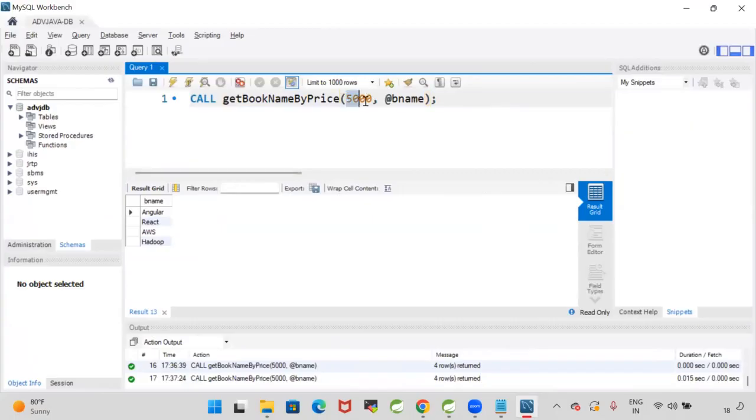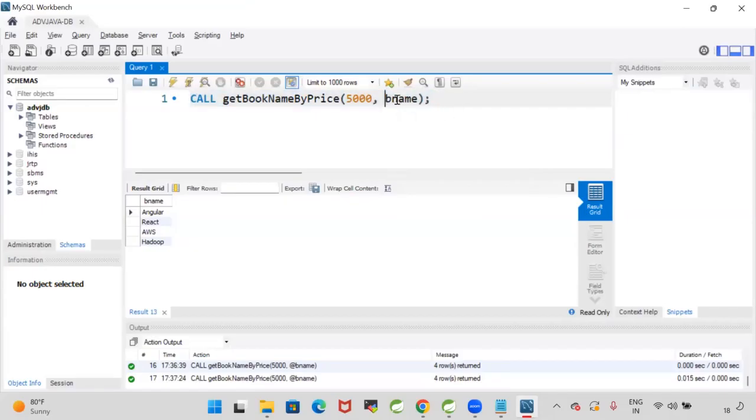One is the in parameter and the second one is the out parameter. Got it? So whenever the procedure has an input parameter, we need to supply the value for it. Whenever the procedure has an out parameter, when we are calling it from the database, we need to specify the